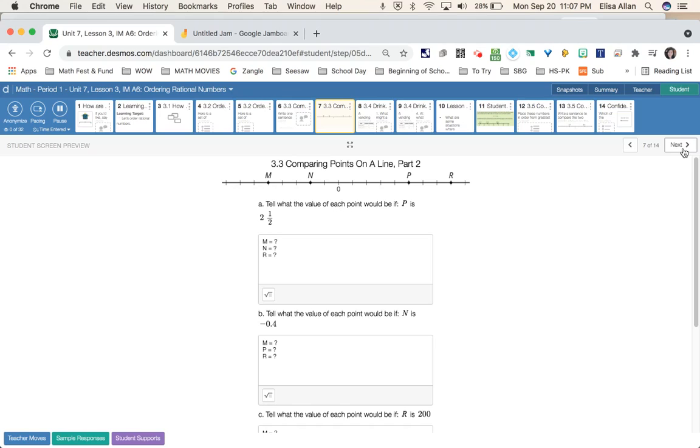Taking a look at slide 17, we're going to use the same number line that we were looking at earlier, but now you're going to give me some values, now that we know just how far away each one is. So here, for example, to start off, it says tell what the value of each point would be if P is 2.5. So I'm going to start by looking at P. Point P is a total of 1, 2, 3, 4, 5 tick marks away from zero. So if I know that P is 5 tick marks away from zero and it is 2.5,